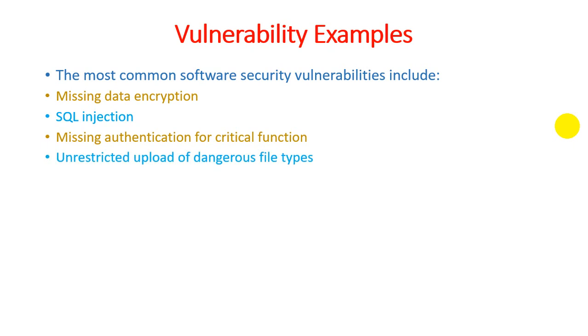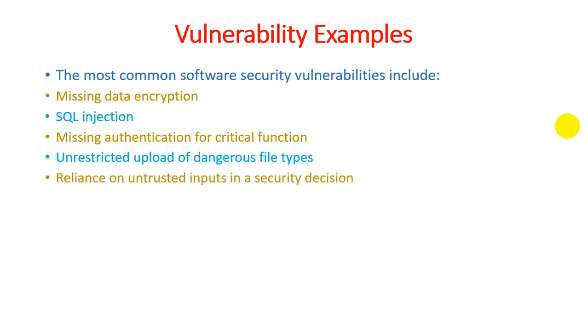Next one, unrestricted upload of dangerous file types. Like, if you try to send an exe file through Gmail, they do not allow you, because it is one of the cases where unauthorized users send an exe file, and an exe file is dangerous, as it can install malware on any computer system within the mail server also, because it is transmitted within the mail. So that's why, if we leave some file types unrestricted, it is also a vulnerability through which a hacker can perform port scanning.